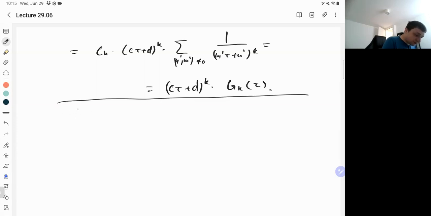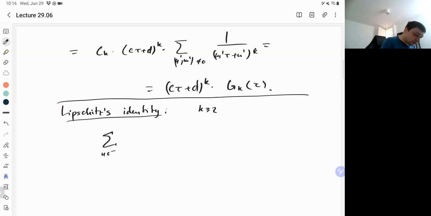What you use is the so-called Lipschitz's identity. And you will now see where this funny constant comes from. So the identity is, for k greater than or equal to 2,